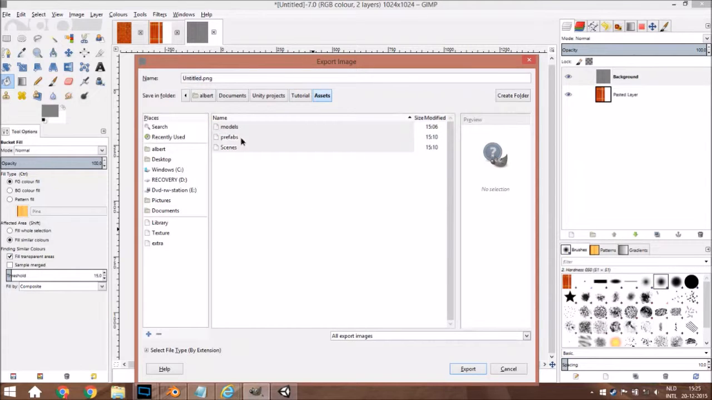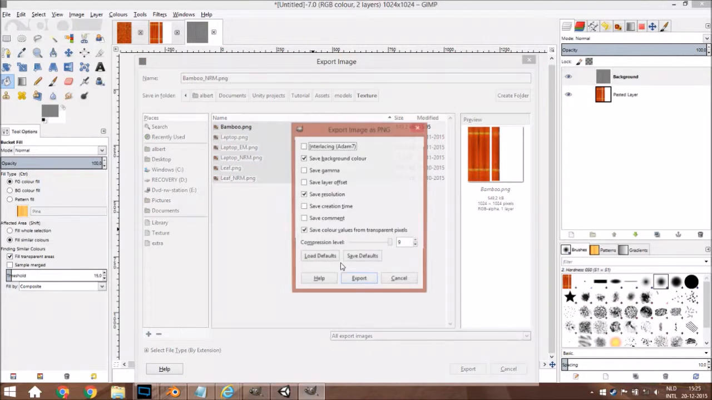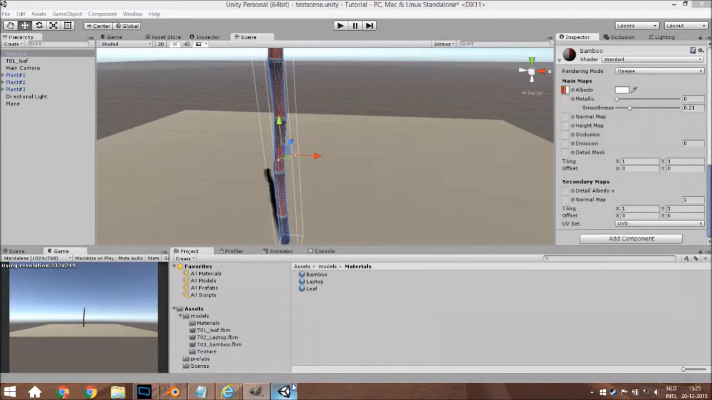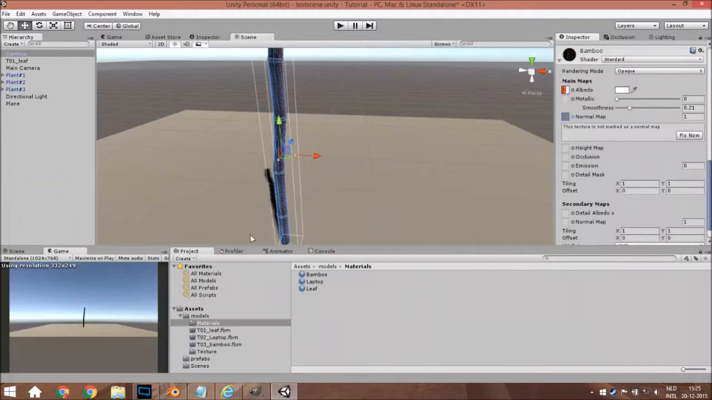to assets, models, texture, bamboo, normal. So something like this, export it, and we are going to use it right here. So bamboo normal, fix now,